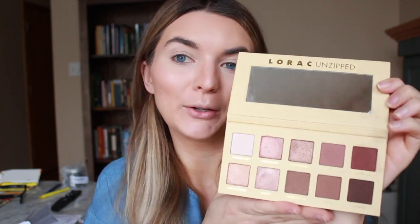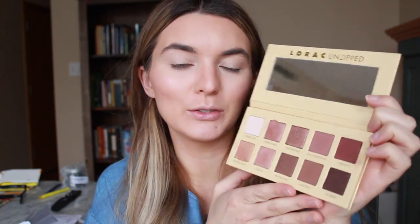We're gonna move on to the main event. I'm going to use the Lorac Unzipped palette. And again, this is the original. There are two versions, but this one is the better one in my opinion. I love the colors in this one so much. So we're gonna be using this today, and I'm gonna try to do a very spring fresh kind of eye